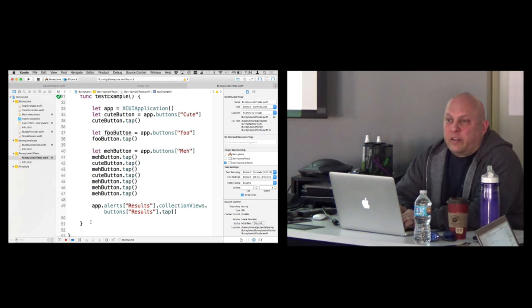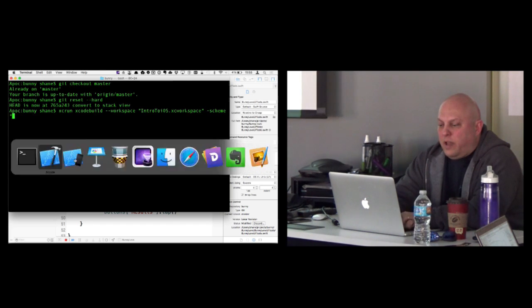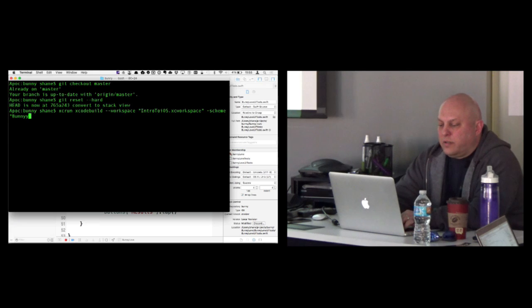You can also run something like Jenkins for CI, and you can tell it, if you use xcrun, you could do xcodebuild... what is it? Workspace, scheme, what's this thing called? Bunny Love. I think this will do it. It's something like that,